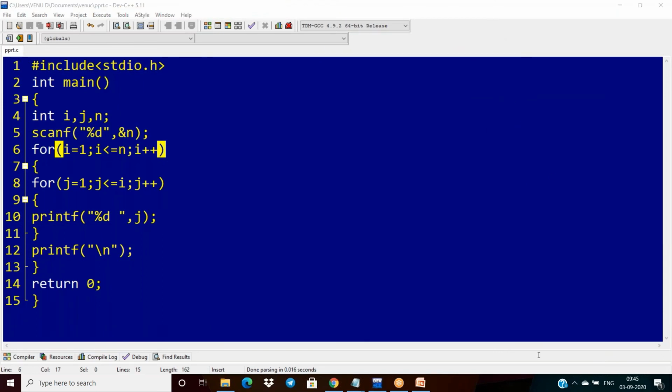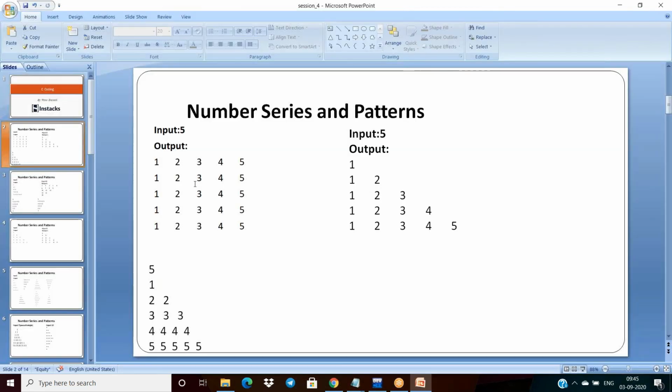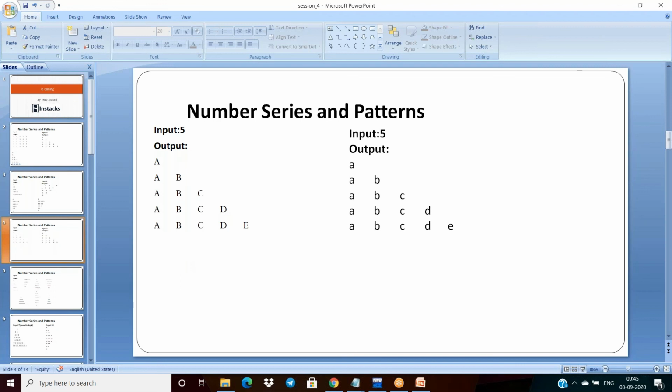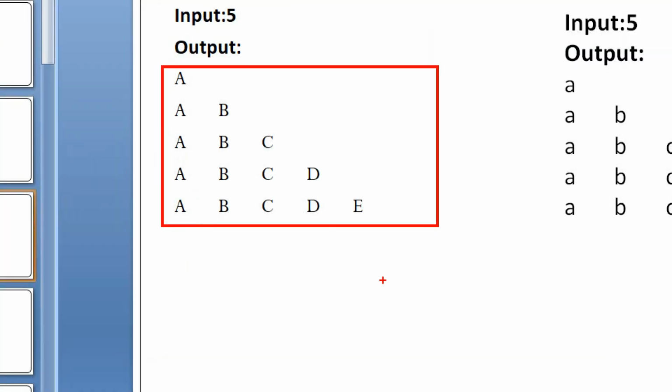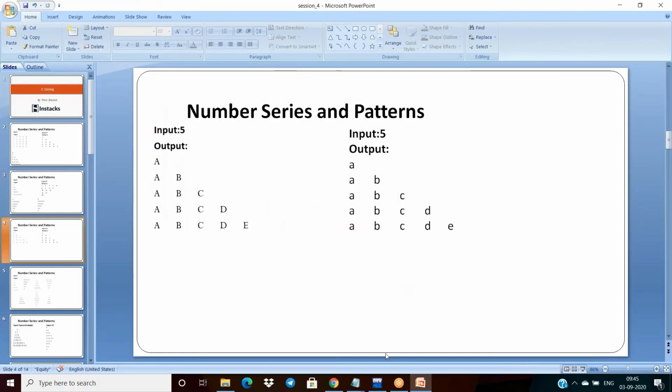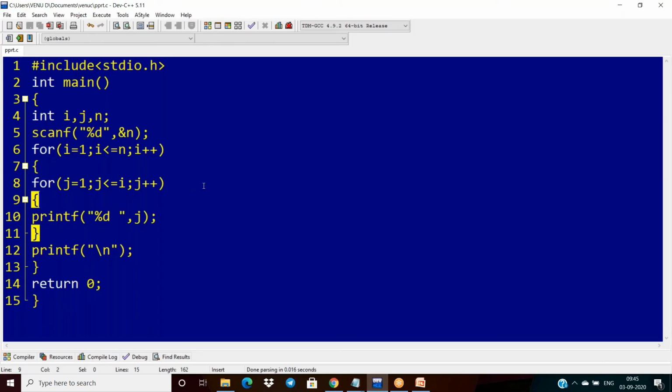Now tell me your answers. So now here I want to get the patterns like this. My pattern is this. I need this pattern. What are the modifications we have to do here?